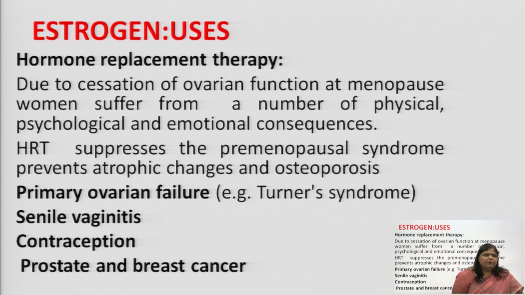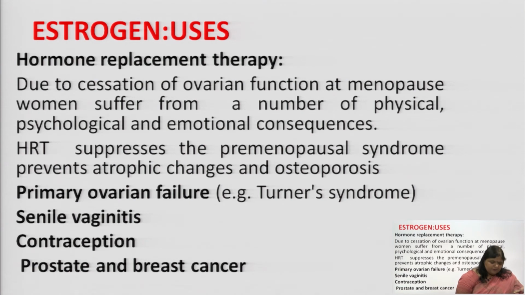When this therapy is required, we know that at menopause, that is the stoppage of the menstrual cycle, there is a cessation of ovarian function, and at that time the woman suffers from a number of physical, psychological and emotional consequences. So estrogen or hormone replacement therapy, in short HRT, suppresses